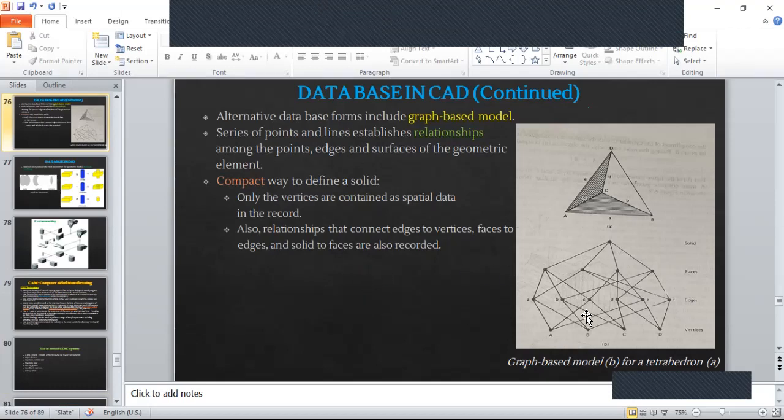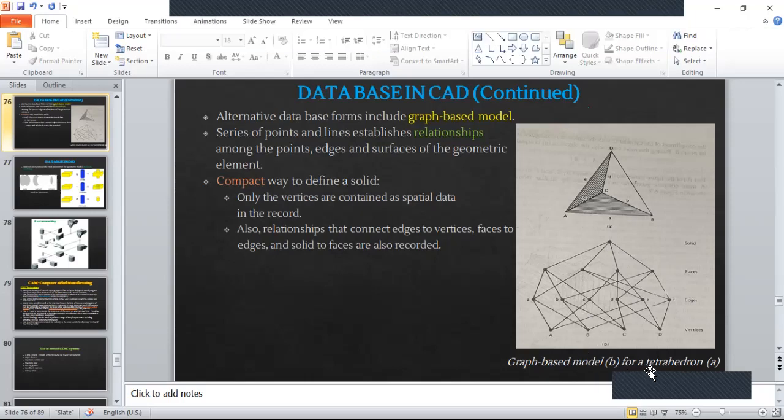And then we had seen how this database, this graph based model, is one way of storing that data. Taking the example of a tetrahedron, the top one you see, we had seen that a tetrahedron has four faces. Three faces you can see in this image, and one face is at the bottom.